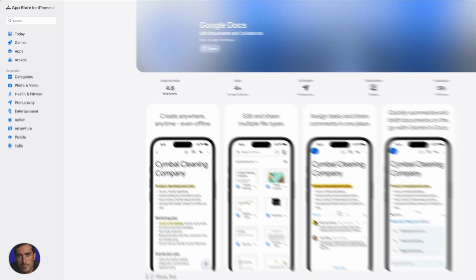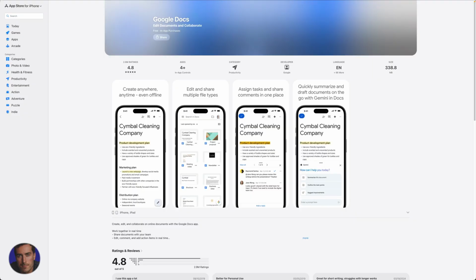Hopefully you found this video on how to find and download Google Docs on any of your